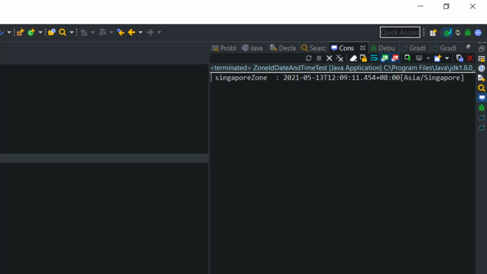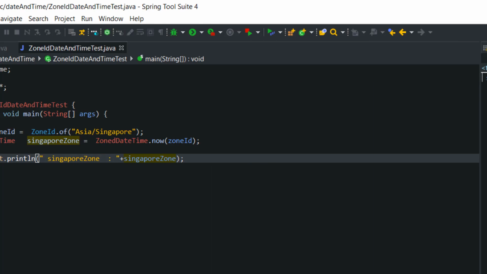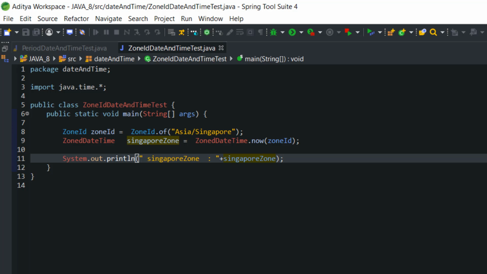So in this example we have learned about different classes of date and time. There are many more classes that exist in this java.time package regarding date and time. The only way to master or cover all the bases is to practice and play around with the code. I will provide all the practice code on GitHub, and I will give the GitHub link in the description section.